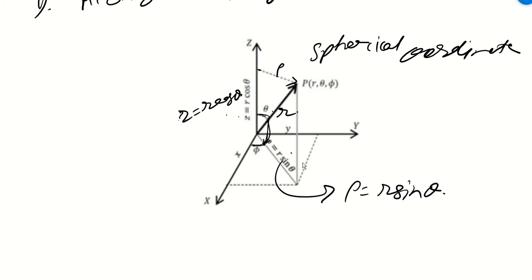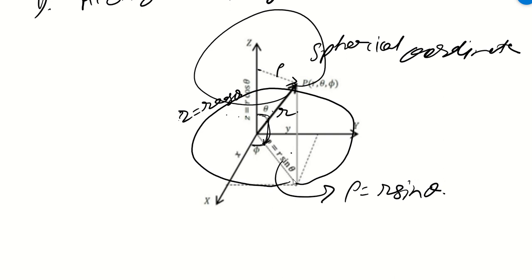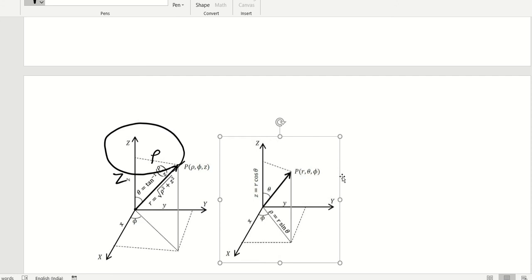You understood? I hope you understand. Rho is basically the radial distance from the z direction. The thing is, r was from the origin, so my aim was to split this r vector into the z direction as well as perpendicular to z, that is the xy plane. In the xy plane we have got r sin theta. So r sin theta actually is the rho, this is the cylinder made. Got it? So you have understood 4 coordinates.